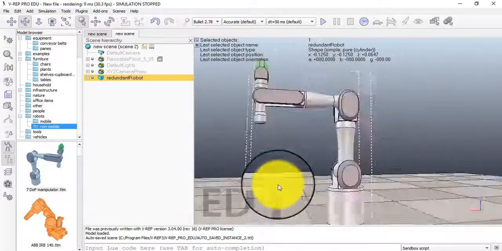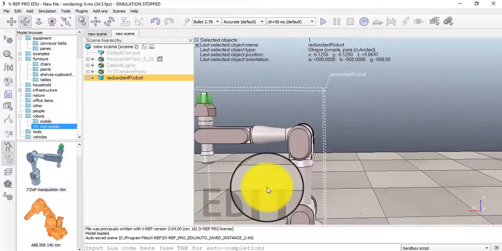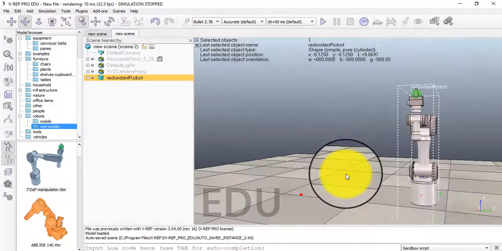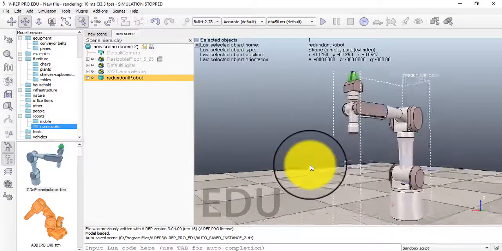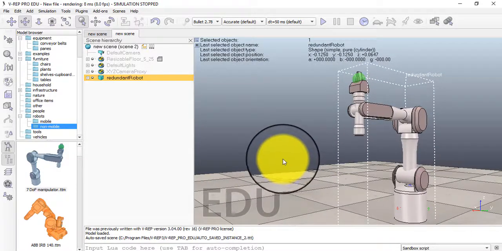like, every angle you can rotate it. Okay. So after that,